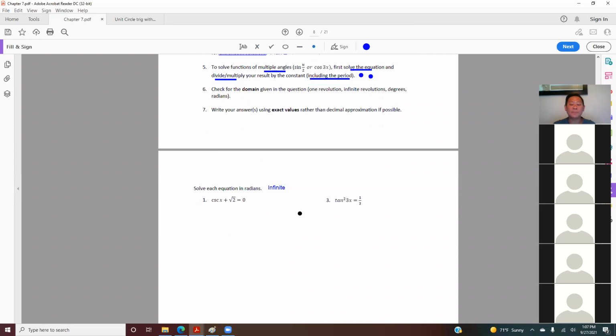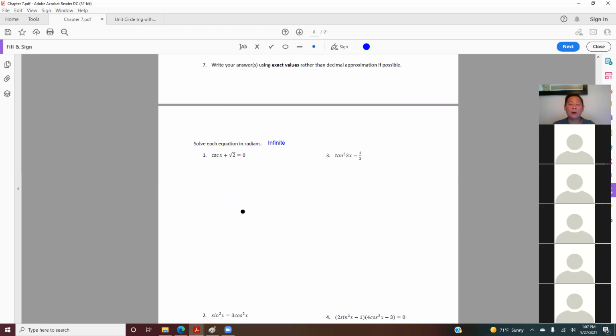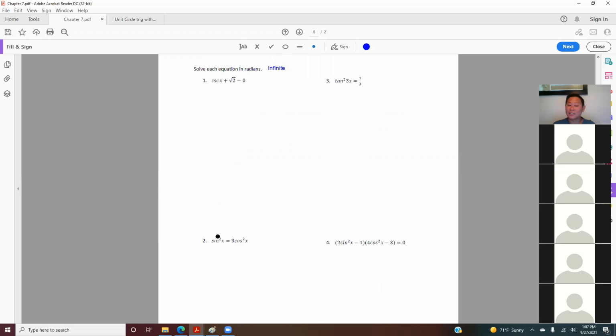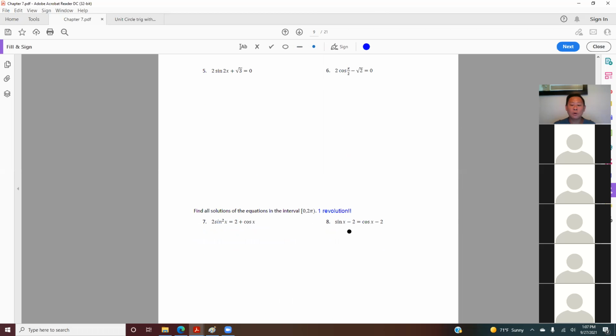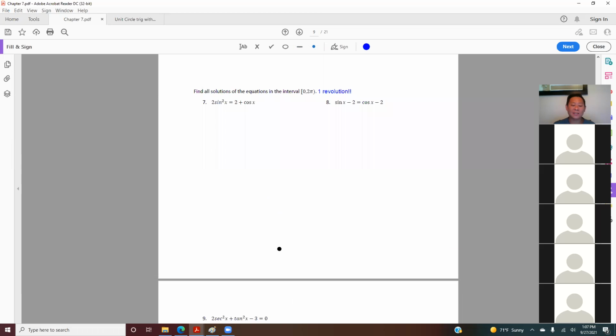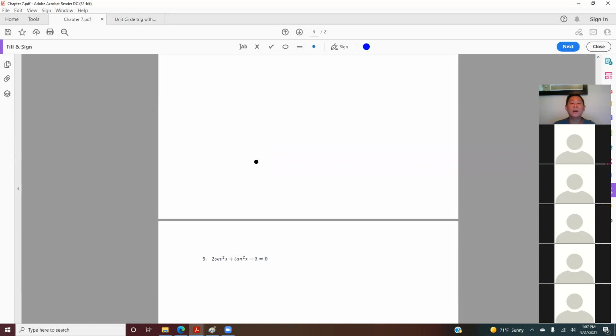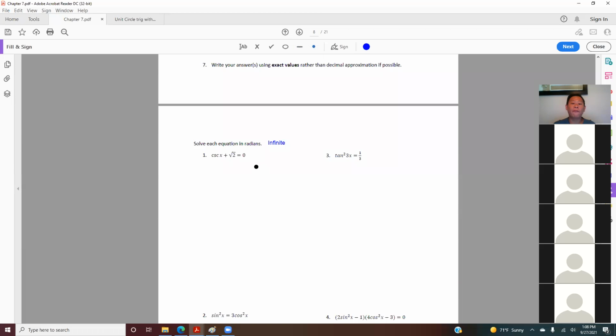What qualifies as multiple angles is when you got something like 3x like this. When you have 1x, it's not considered multiple. This is also x. The square does not involve it, so this is also considered singular. This is considered multiple because of 3x. You got 2x, this is also considered multiple. You got half, so those with 3x or x over 2 or something else are all multiple here. You need to watch out for your